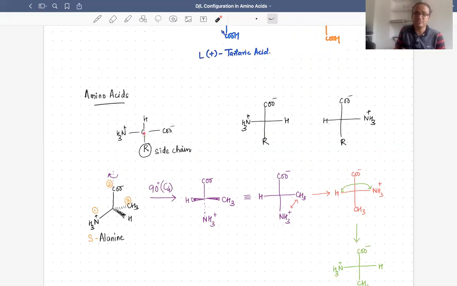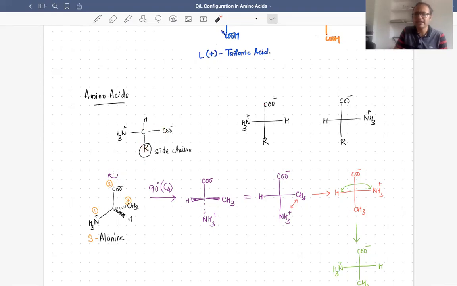You have a single chiral center, you have the amino group, you have the COOH group, then you have a side chain. This is the basic structure of an amino acid. So when you write the amino acid, you place the carbon chain on the vertical bond. If you look at the carbon chain, it starts from here. This is the carbon, this is the side chain or the alkyl group. So this also is the carbon chain. Others you will treat as a substituent.